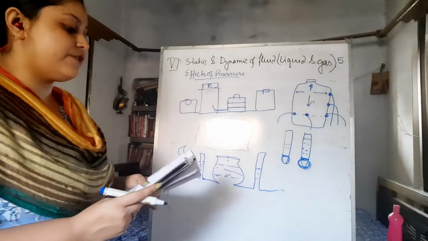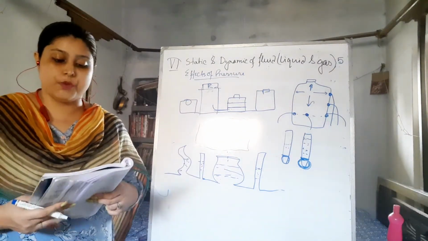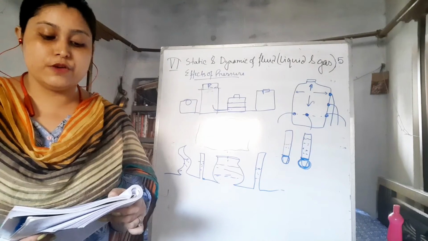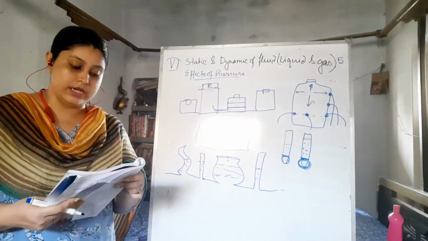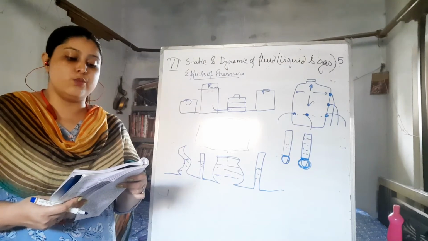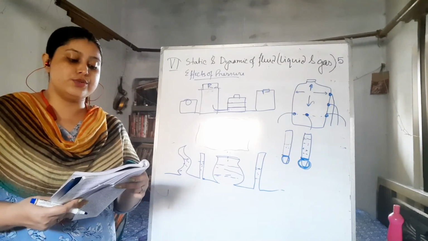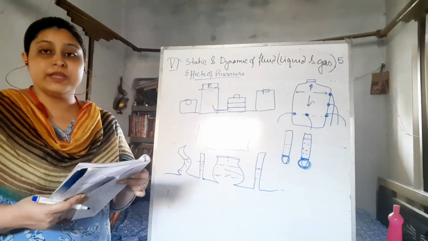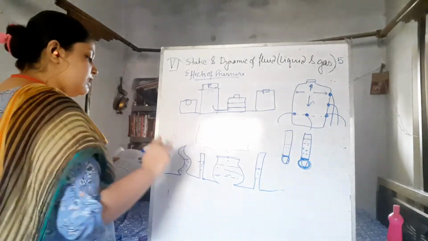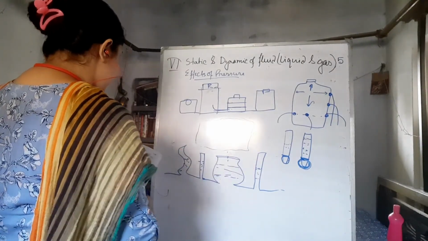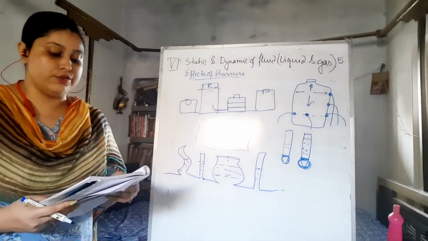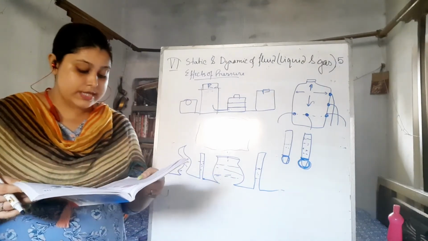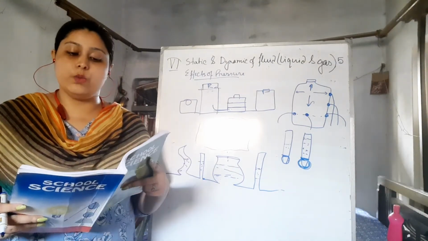A number of tubes of different shapes and sizes connected together at the bottom is known as a communicating vessel. A number of tubes are communicating with one another. If the water is poured in one tube, then the water flows into each tube till the water level in all the tubes becomes equal. The surface of the water in every tube is found to be horizontal. In this way, we can conclude that the liquid seeks its own level.